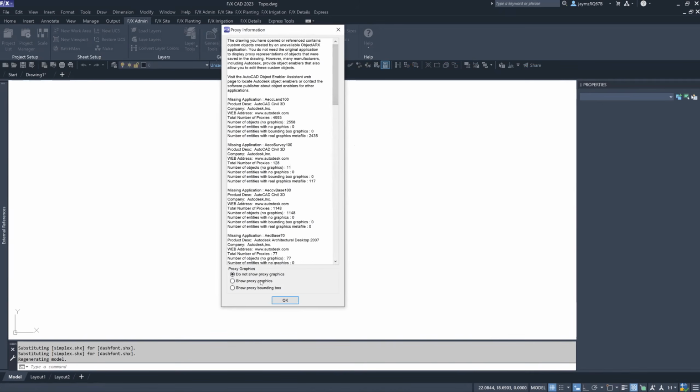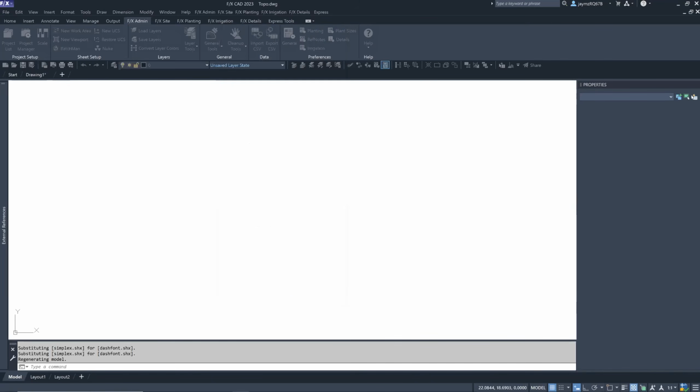And typically what we recommend is saying do not show proxy graphics, but this is going to be one of those exceptions where we actually do want to see our show proxy graphics. If I were to say do not show proxy graphics and then click OK, this drawing will open up and it'll just look blank. If that happens to you, that's a good indicator that the drawing, everything in it, is entirely proxies. So if we go ahead and we say show proxy graphics and we open this one up,